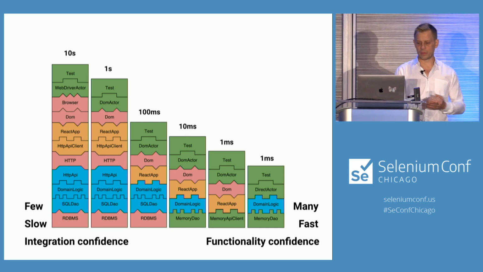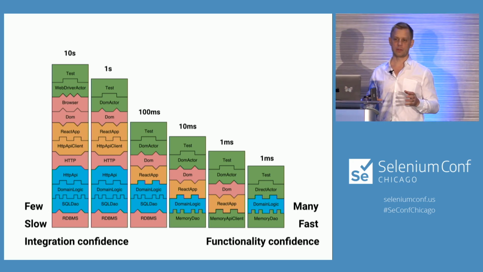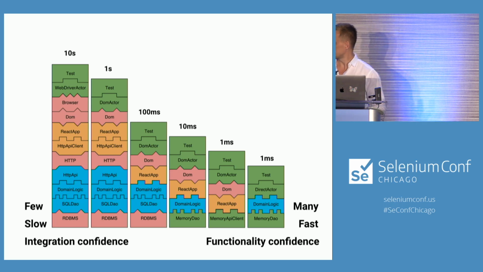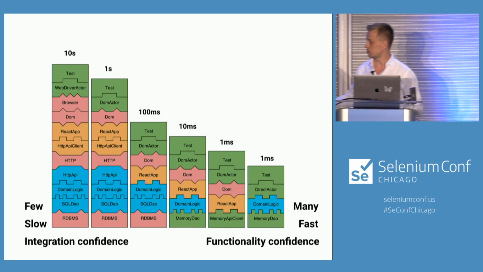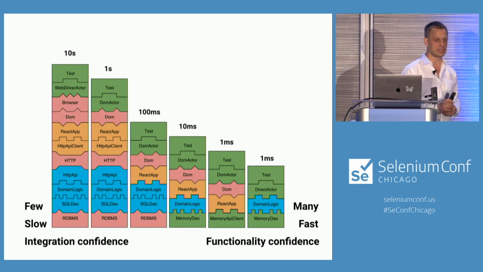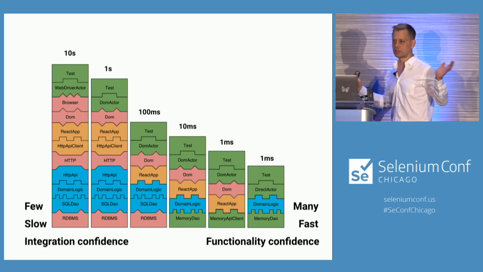On the right side, we still have confidence about the functionality of the application because we still have, well, let's look at this one here, the third one. We still have all of the essential logic pieces of our application. We got the back-end logic and we got the front-end logic. We just removed a lot of the infrastructure in between.